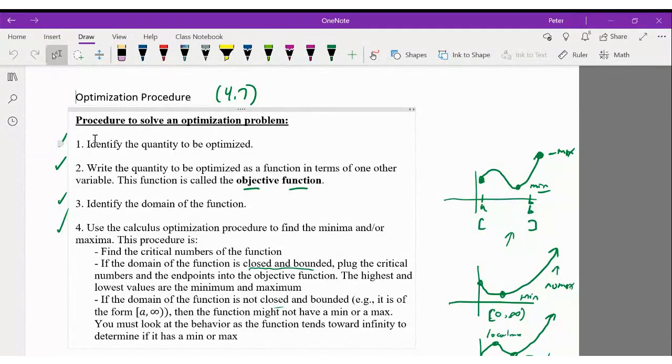But what I found is that the main difficulty in solving these problems is really setting up the objective function, performing all the steps. So I'm going to do a little bit more of that. And then we have a couple of problems toward the end where I'll just set up the objective function, or maybe ask you to set up the objective function. So anyway,